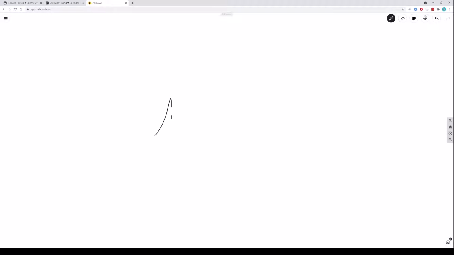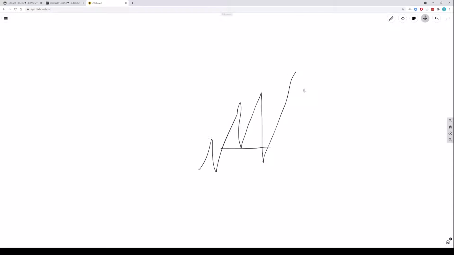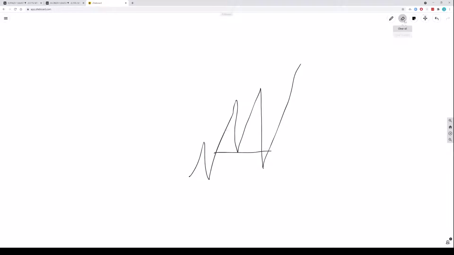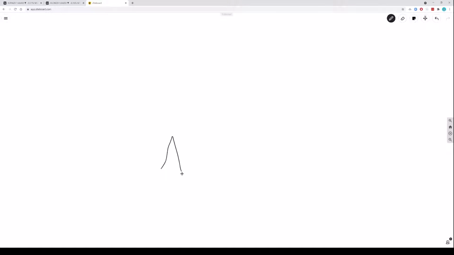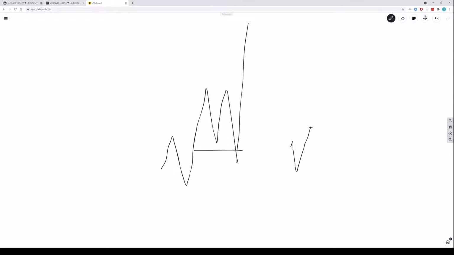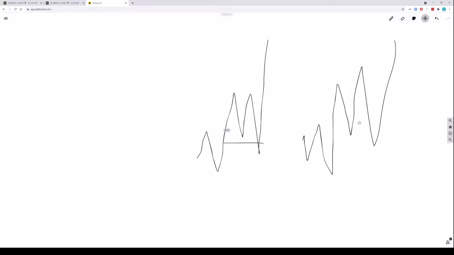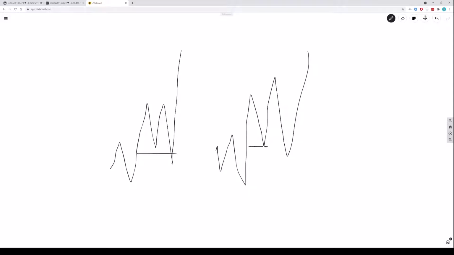Something called inducement template. You want to draw this or take a screenshot of this. Either this or this. Okay, it's called inducement. Inducement means that this low here is left there purposely for price coming back to attack